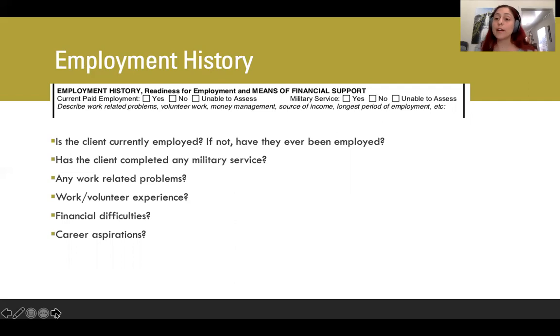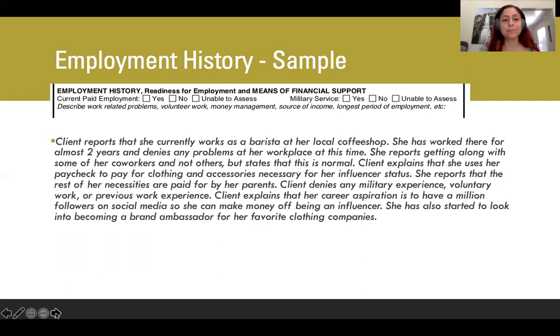Okay. Just a quick reminder, as you're going through these sections, be mindful of things that you'll want to follow up on, things that might affect your diagnosing. So if a client's telling you that they've left their jobs several times and they struggle to get along with coworkers, that might be useful information diagnostically. So keep an eye on that and keep it in mind and ask follow-up questions if you need that.